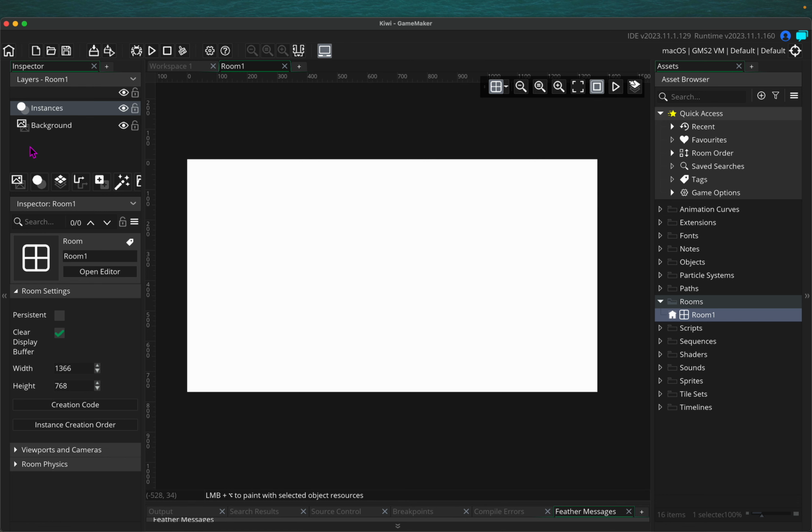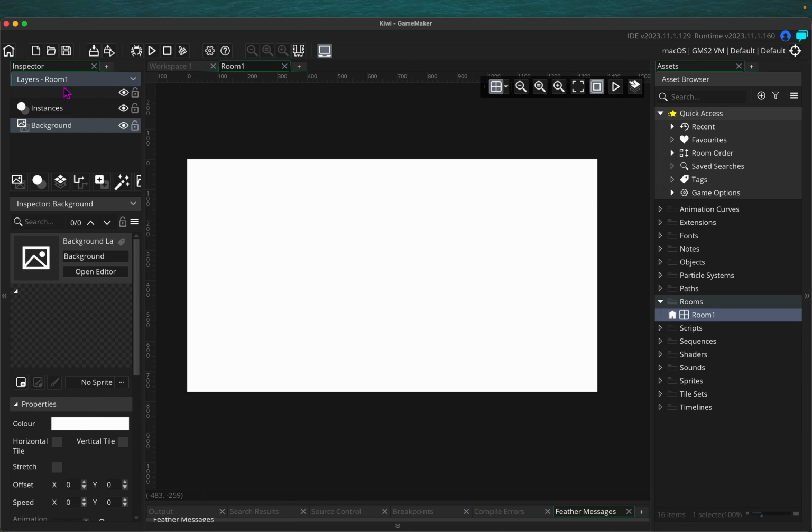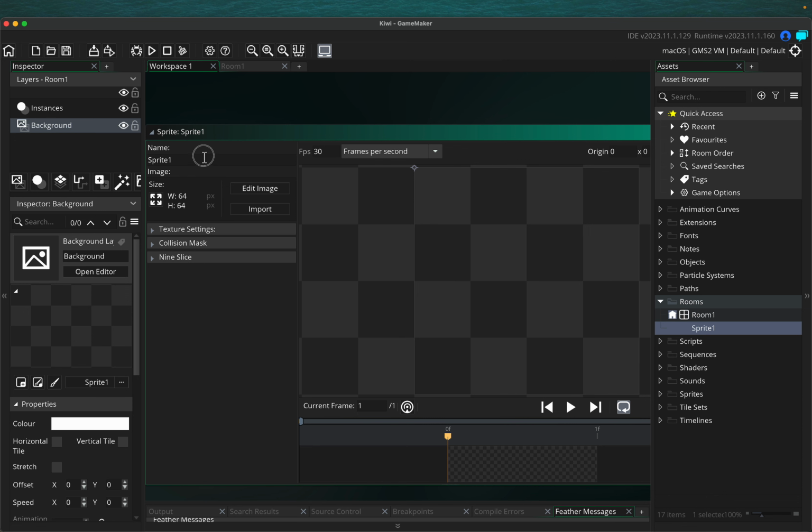I'm going to just add a quick image just so we are not dealing with like this white. Let's go into background and then new sprite, and we'll call this s_room placeholder, S being